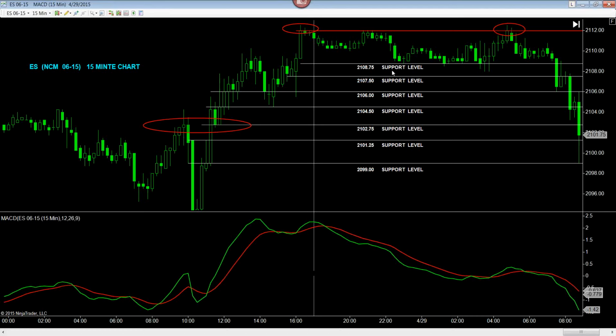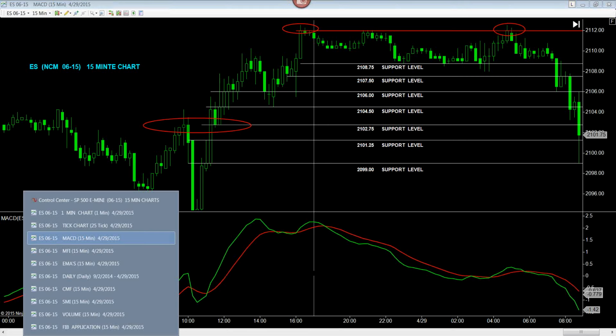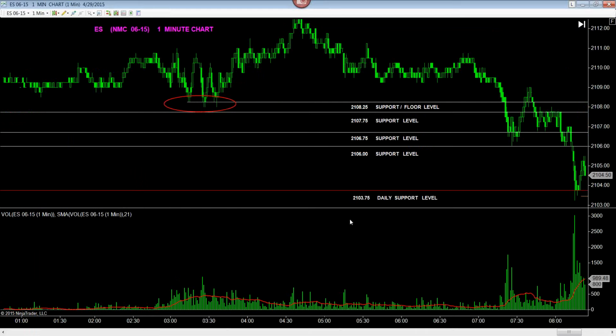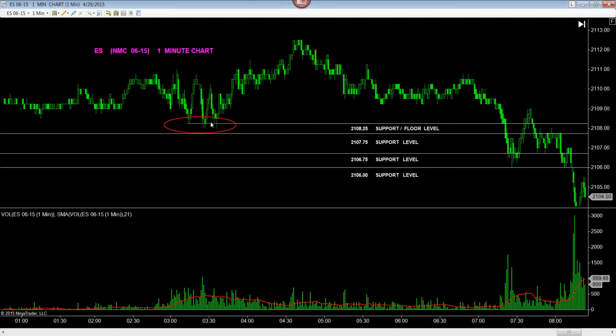If you have a pen at 21.0875, the 15-minute support level, knowing that the 15-minute level is the approximated level for the 1-minute chart, let's get into the 1-minute chart here for a minute and take a good look at what I was looking at the moment that I was looking at it. ES1, near contract month, 6/2015, 1-minute chart. Now, the 15-minute chart obviously had a level that was a little bit higher than the 1-minute chart itself. In this case, the 1-minute chart rules because it is the